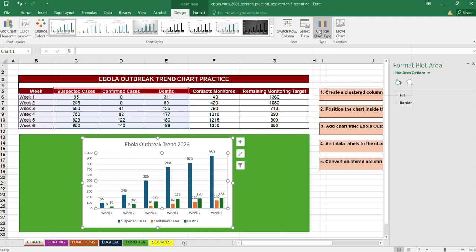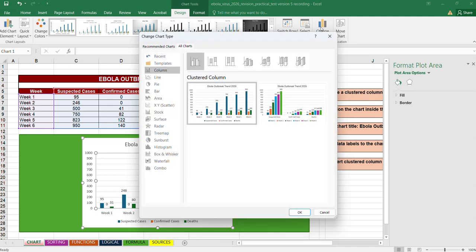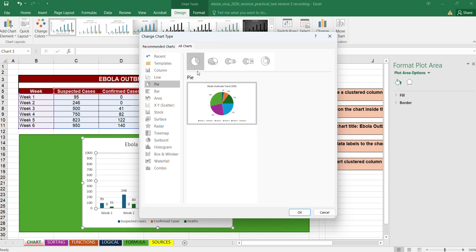So click this one, and then what you will see here is the different types of chart. So you select pie. Okay, so click this, and then this is our pie, and then you click OK.